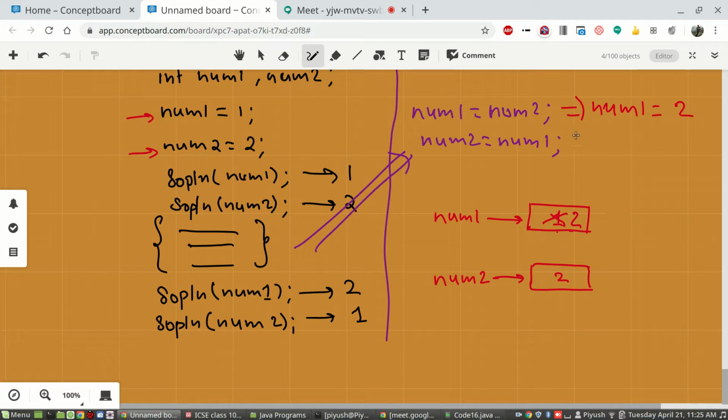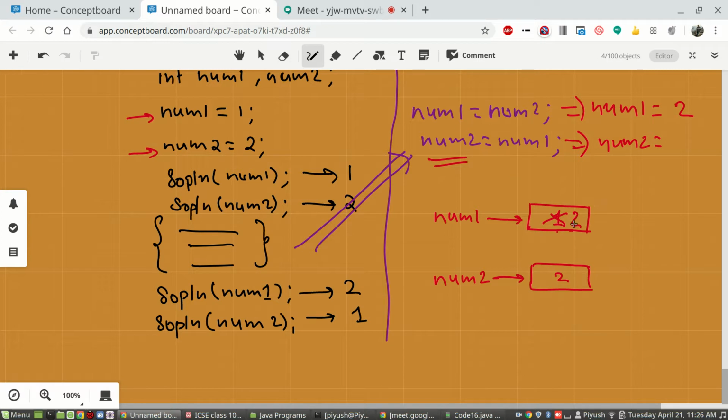Now in the next line you are saying, in the memory location num2, fetch the content from num1. What is the content of num1? The num1 content you had just changed before that line, that is 2. Fetch the value from num1 and put it in num2.